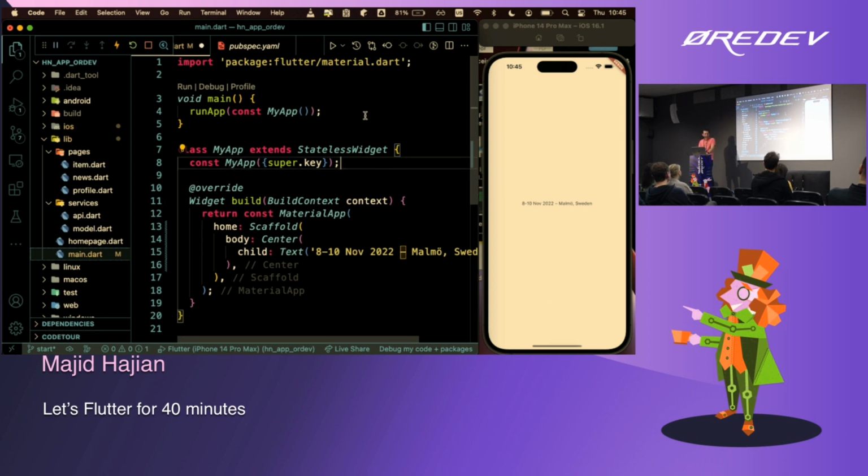And in Flutter, there is one runApp function where you assign your first or the main root of your project, your application, the very main one. For example, here I create the stateless widget. So you probably are familiar with the syntax of class and extends.